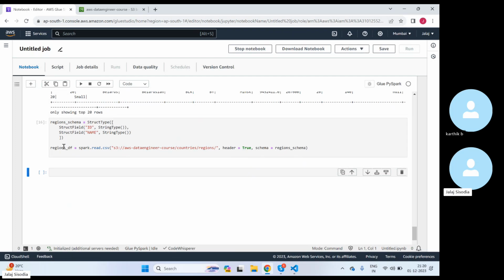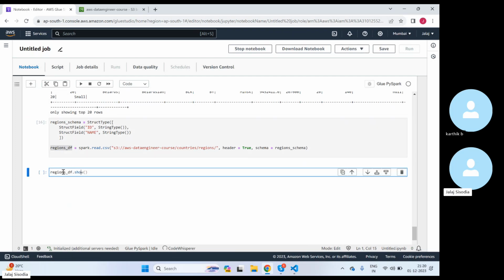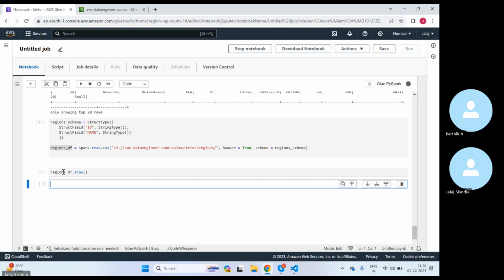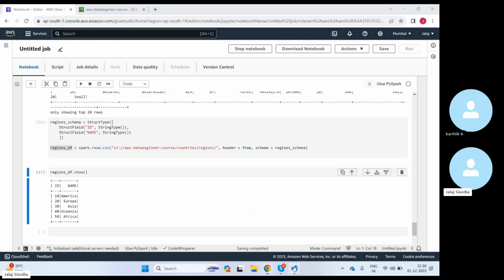Okay, so my name is regions df. If I do a dot show here, we have actually good data. We have only 5 rows in this data set. So now moving ahead,